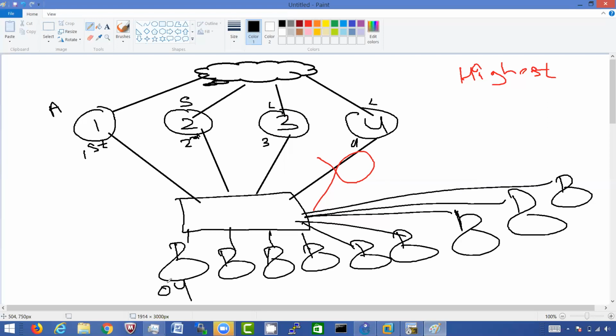Now let's say this is user A, B, C, D, E, F, G, and H. Now if user A needs to communicate with the internet, see, currently R4 is down and R3 has taken the responsibility of the fourth forwarder. So R3 is now the forwarder for forwarder number 3 as well as for forwarder number 4, because this link is down. Now let's say this user A needs to communicate to the internet, so it will generate an ARP request